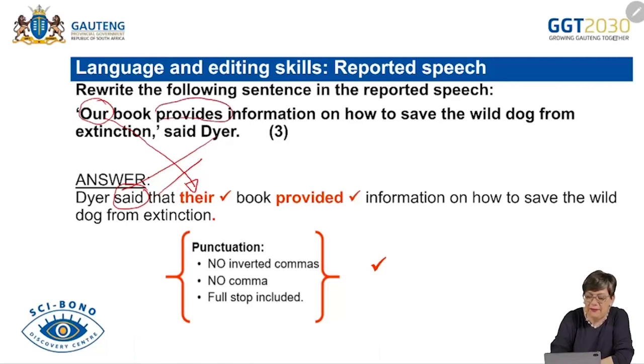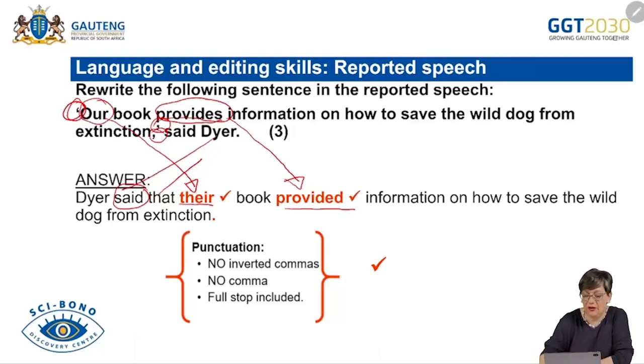Provides is in the present tense. I have to move it to the past tense. It becomes provided. The rest I don't have to say or to change. What I do need to change are all these inverted commas and commas. Can you see that? And that's 1 mark for there, 1 mark for provided, and the last mark is for